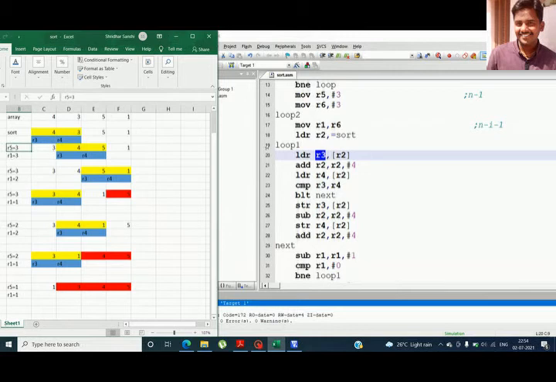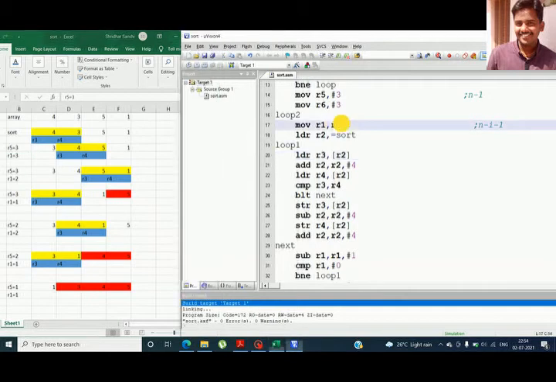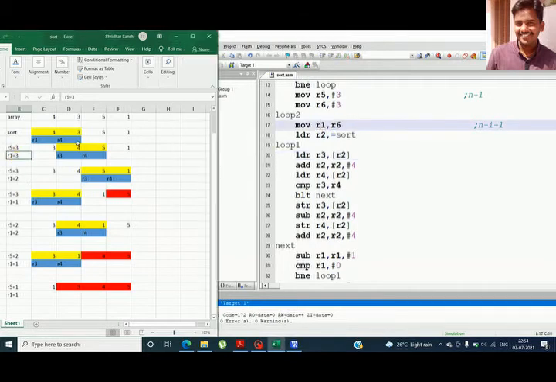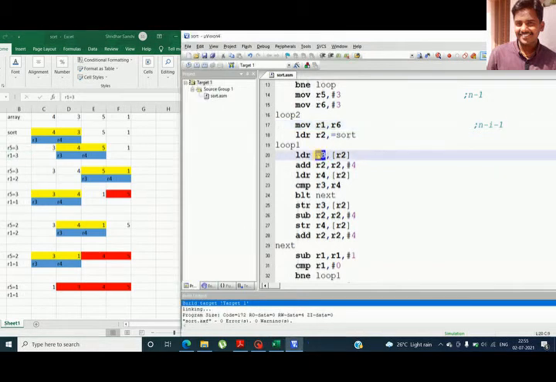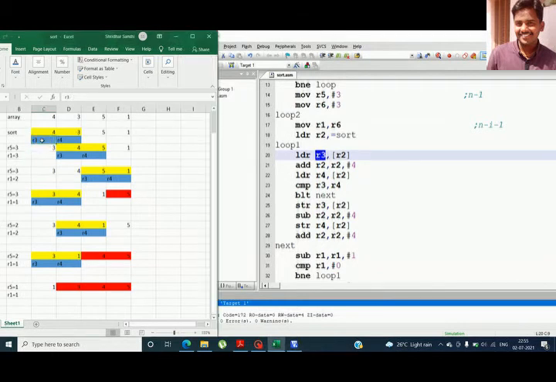Initially R5 is 3, and R6 is 3, and I'm copying the content of R6 to R1, so R1 is 3. I'm storing the first value into the register R3, so R3 has the value 4, and R4 has the value 3.